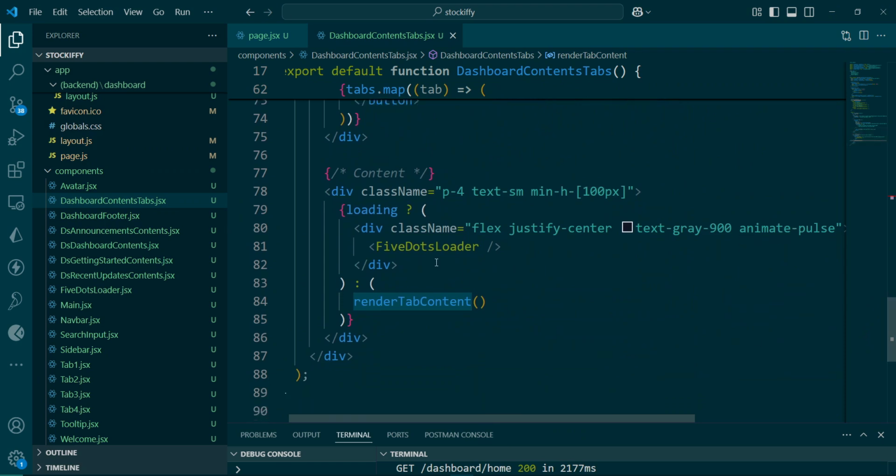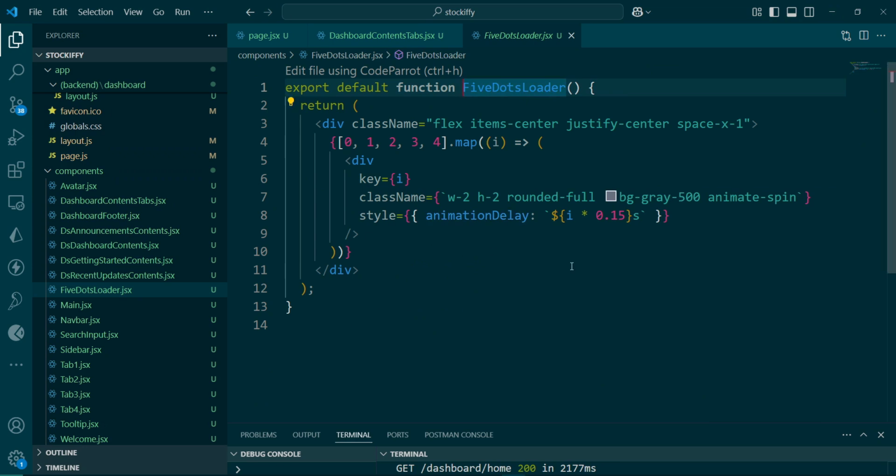Previously, we were just rendering the particular tab that is clicked, that is being loaded. This is what was reflected here in the previous lesson. But now I decided to put in these React components. I just created this component. Let me click on it and show you what it is. This is just a basic component where I am using this array of numbers from 0 to 4 because I want 5